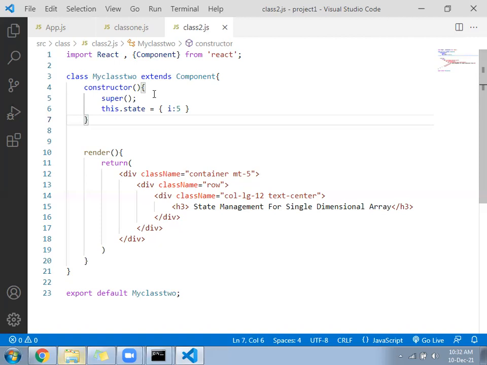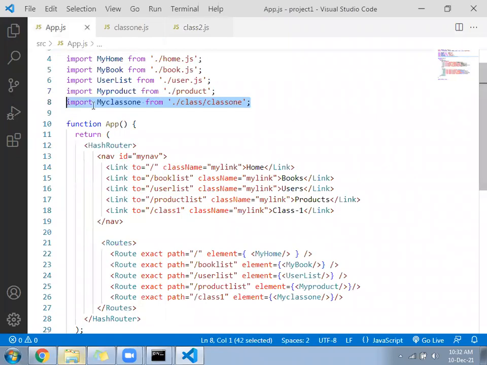So hope this file is ready. You need to link under the app.js saying it is a class2. We can call here my class2.